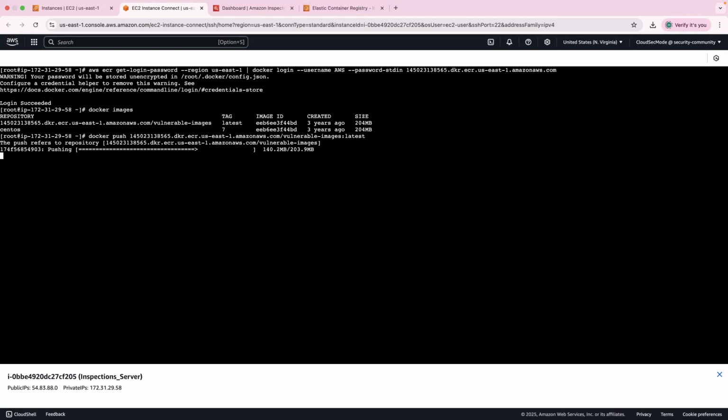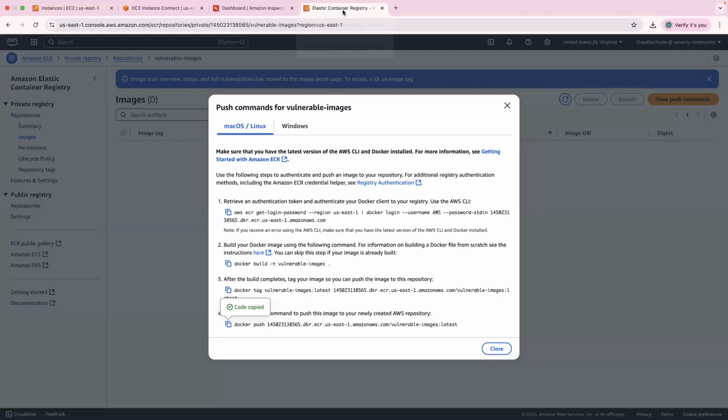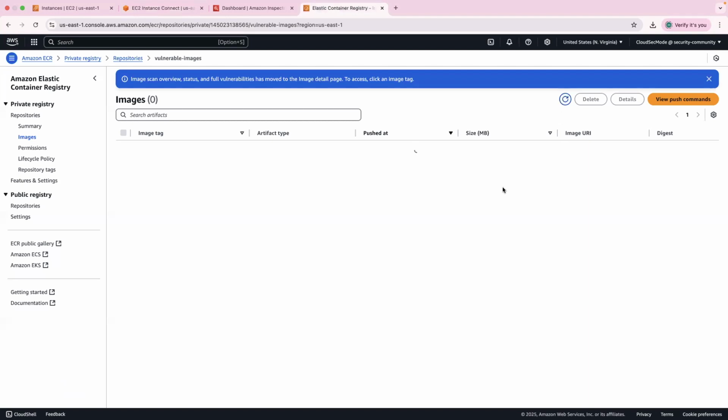So once that happens, we'll just quickly verify that the image was pushed to our Elastic Container Registry. So it says complete. I'll just go back here, close it and refresh and check. So here you can see the latest image, it has been pushed. And we'll run